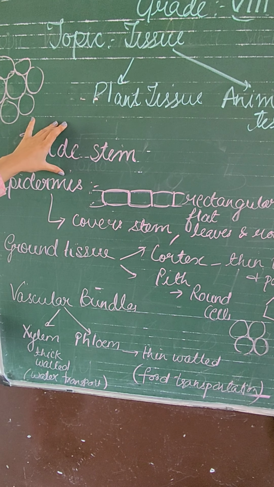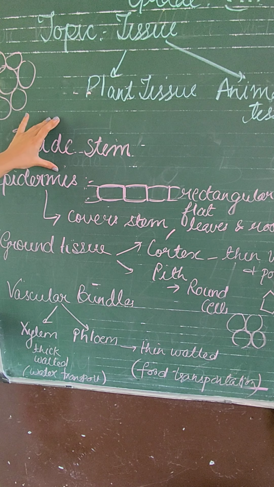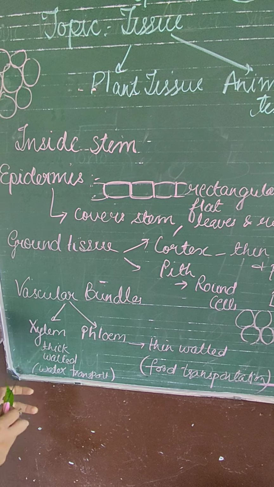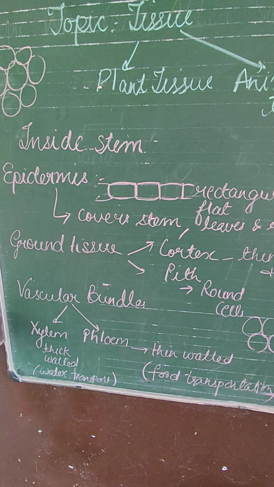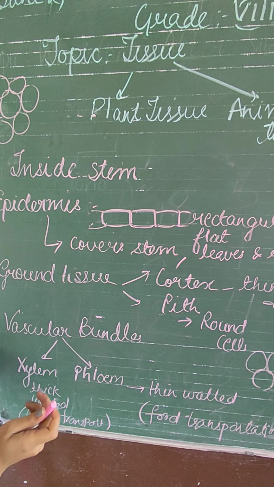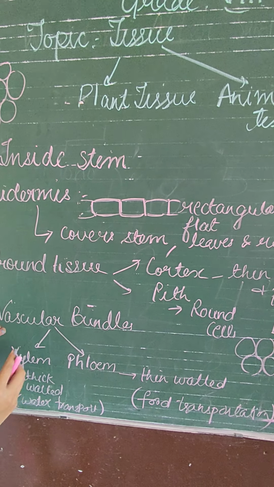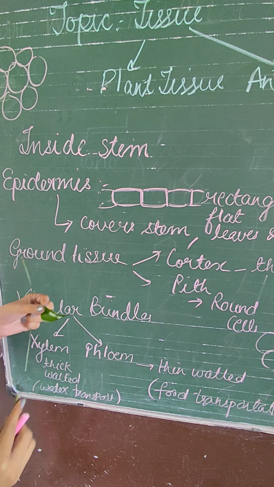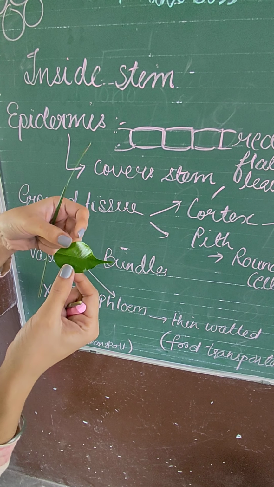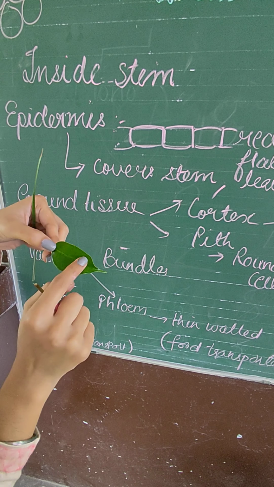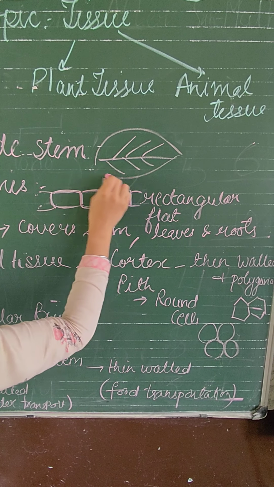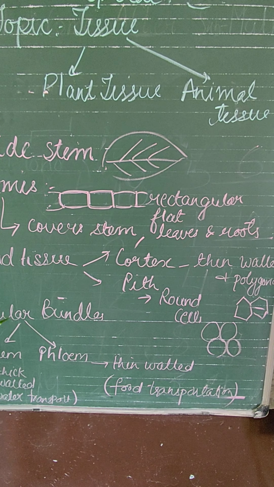We will be mainly focusing on the dicotyledonous stem, and before that I want to tell you the difference between dicotyledonous and monocotyledonous. If you want to differentiate whether a plant is a dicot or a monocot: in the case of a dicot, this is a leaf. If you see the leaf of a dicot plant, you will see that the venation pattern of the leaf is like this. So I am going to draw it over here also. So the pattern is like this. So this is the identification point that this plant is a dicot plant.